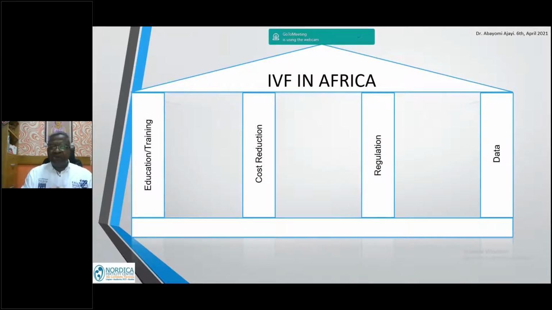We started in Lagos first, and we hope to take that throughout the country. And finally, data, the importance of data, because without that we cannot plan. Without that, it's difficult for us to collaborate with other countries, which is a very important aspect of work in Africa. The African continent, the regional bodies need to come.